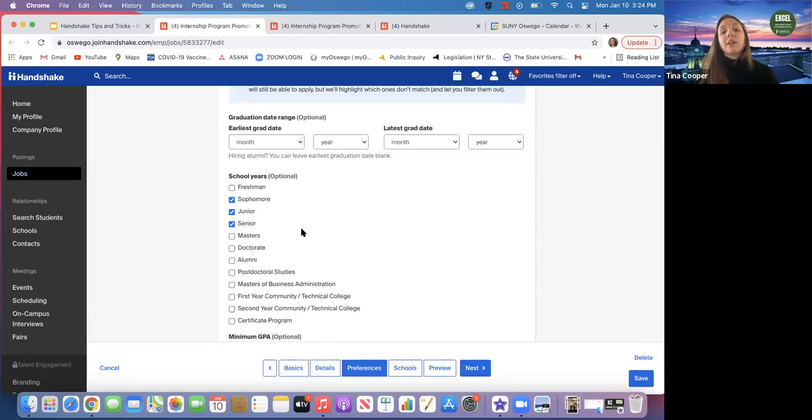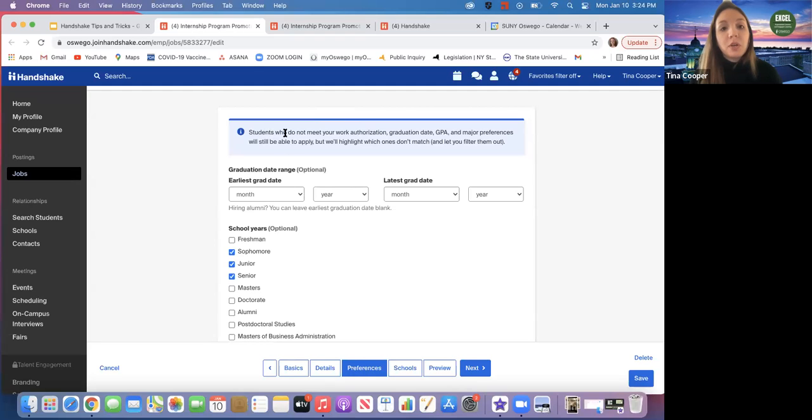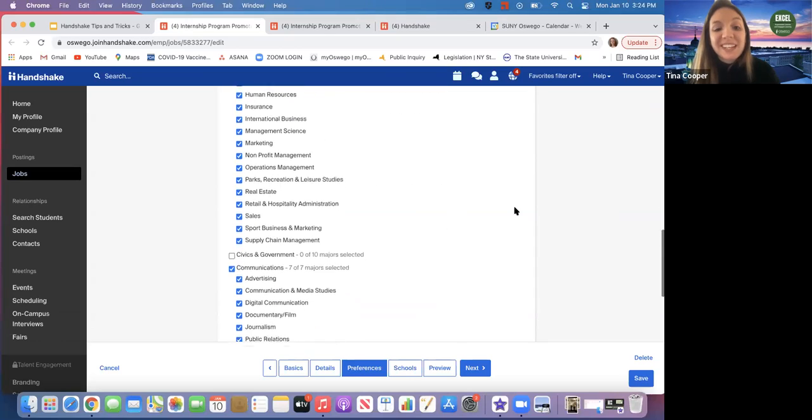This is an important area as well, because these areas right here can be limiting factors to students able to apply. All right. So if you read right here, students who do not meet your work authorization, graduation date, GPA, and major preferences will still be able to apply, but they'll actually highlight for you which ones to filter out. And if that's the case,